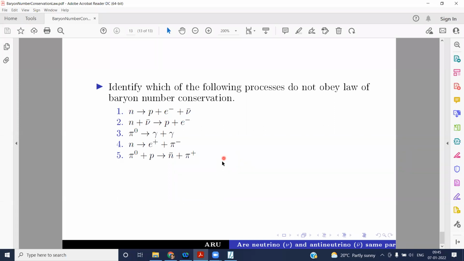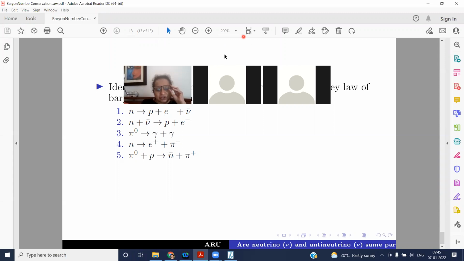What I have to talk to you about now is lepton number conservation, because people don't stop here. They will say, you have verified baryon number conservation, why not have a law called lepton number conservation? It looks like the number of fermions among the elementary particles should remain the same in nature, is the idea. I am telling you what our ideas are, what our results finally are, and how I connect them with various results. So let me repeat it.